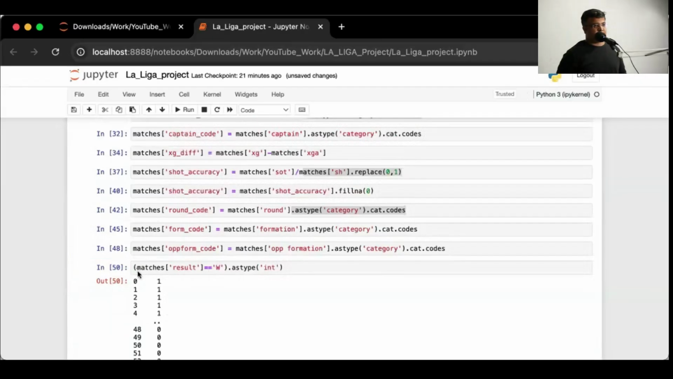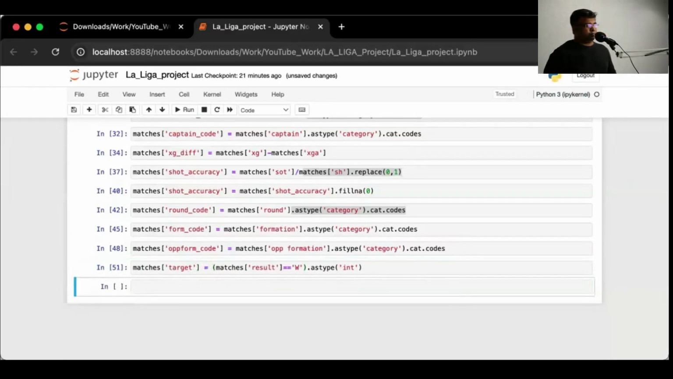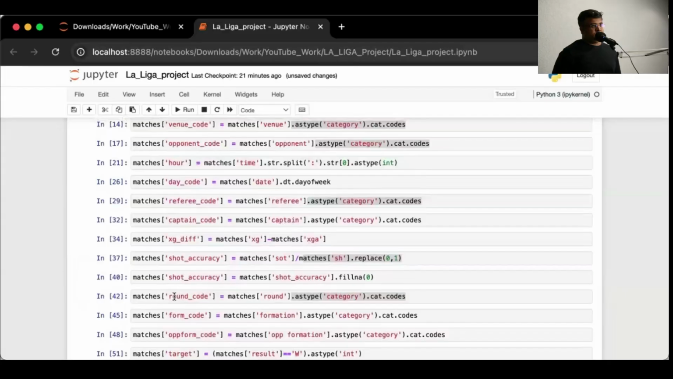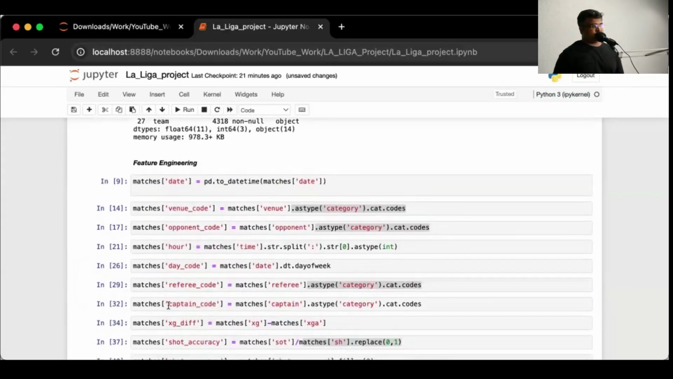There you go. So you have 1 and 0. 1 represents win, 0 represents losses. So this matches, then target. Alright, again, just to be clear, what we have done here in this entire feature engineering section, it is we